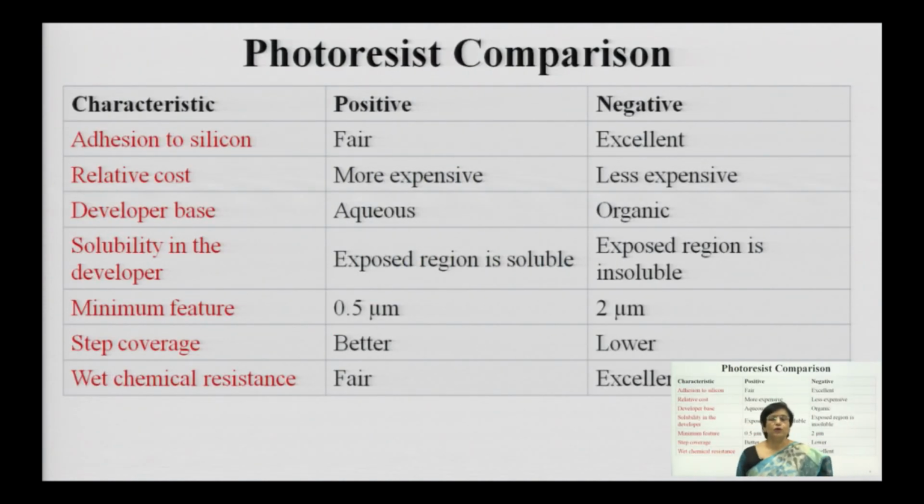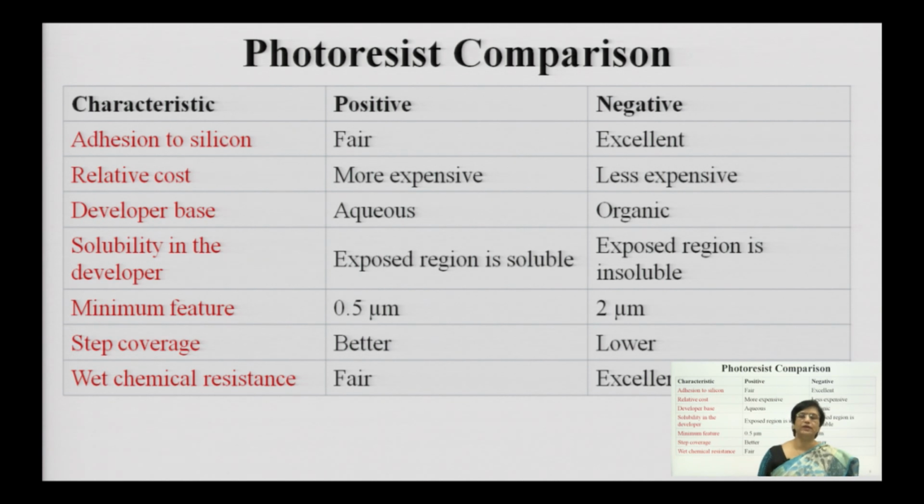Now, you have two types of photoresist, I told you, one is known as positive photoresist and another one is known as negative photoresist. Positive photoresists are the ones which directly transfer the pattern available on the mask. That means whatever stencil there is, the same impression will be created onto the wafer. They get weakened, their crosslinks become weak, and they are slightly expensive. Initially you were having only negative photoresist being used.